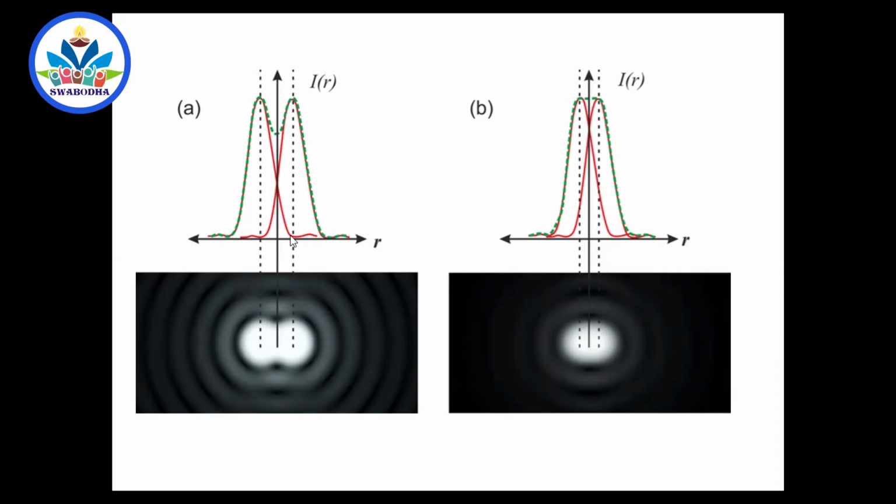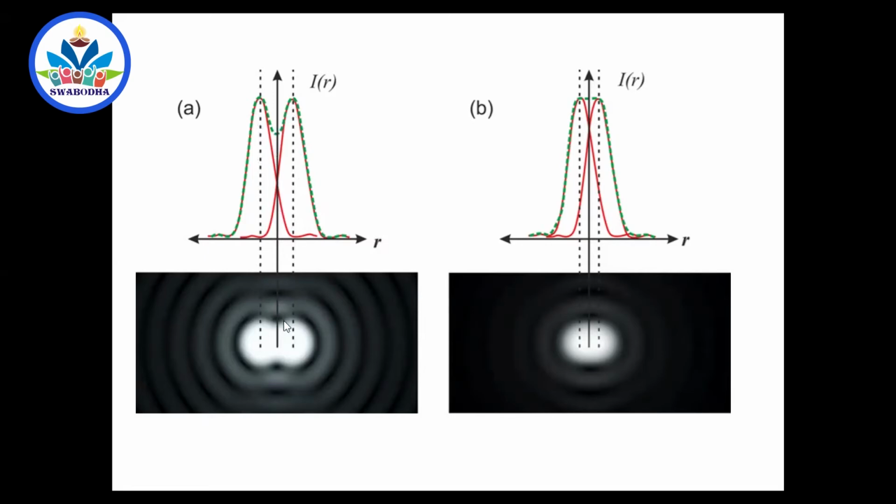And if you can't follow, never mind, because this is something deep in physics, beyond your level actually, but not very tough. For your level, it may be a little tough, but still you try to follow it, right? So if the central maximum of one falls on the first minimum of the other, then the two objects are said to be just resolved, just separated.